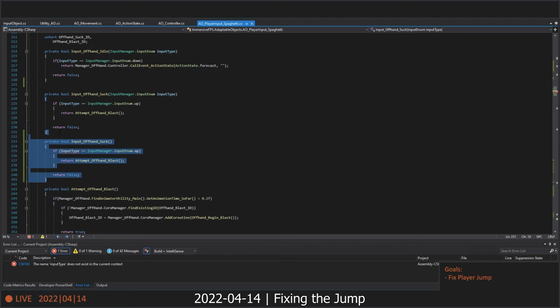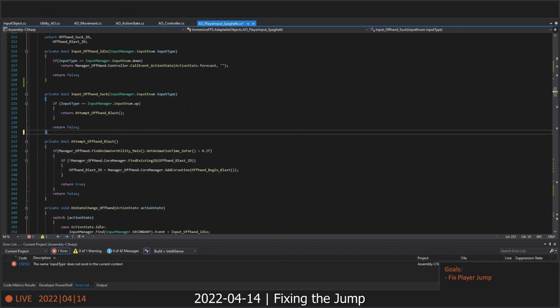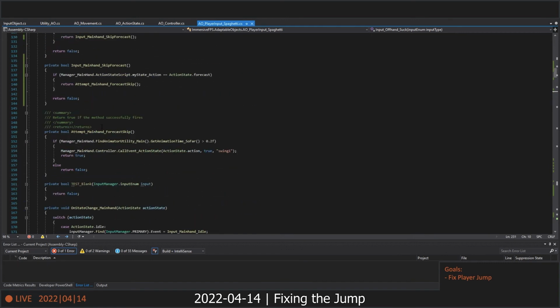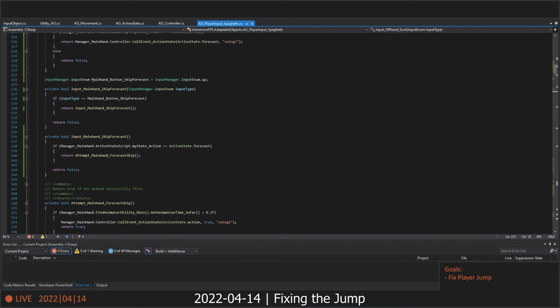Okay. Okay, I'm just going to fix these, get rid of these override methods, and then I am going to set it up so that we fake a call, essentially. We say that because it's held, we're going to send an input of up. Now